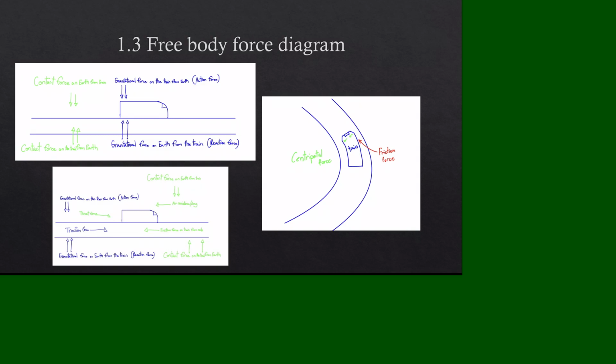The gravitational force on the train from the Earth is pushing it down. The gravitational force on Earth from the train is pushing it up. And the contact force on the Earth from the train is pushing it down. And the contact force on the train from the Earth is pushing it up. And because it is moving, there are traction force and friction force pushing against each other,